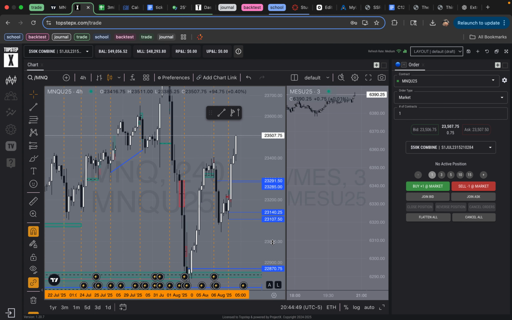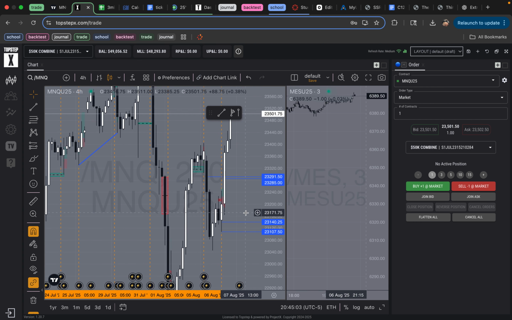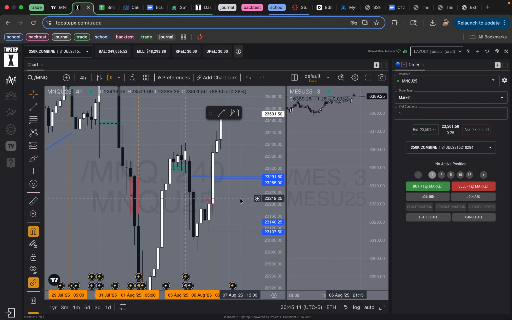4 hour. It looks like we had tapped this gap. Okay, did we tap a bearish gap? But it looks like we inversed it right here. Does this count? Yeah, 9 a.m. open. Okay, so I guess we also tapped this gap. We also inversed this gap, and we inversed. Oh wait, no. What am I talking about?